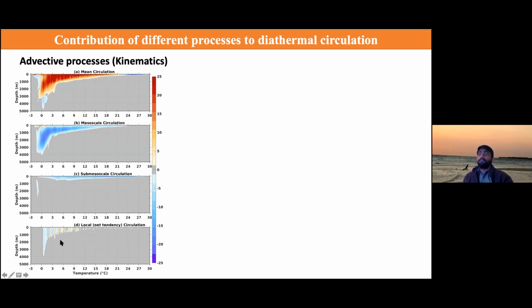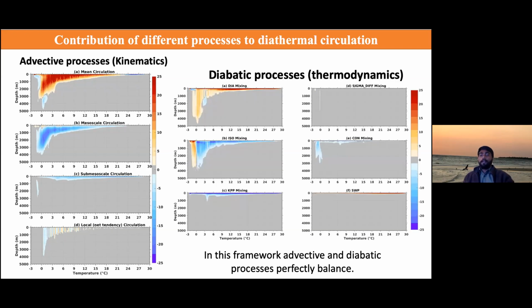Warm, I mean like 3 degrees centigrade. But in temperature between 1 and 2, there's a small, approximately 2 Sv, contribution to diathermal circulation, and it could be a model drift. And the right figure shows the thermodynamic contribution to diathermal circulation, and we can see here the diapycnal mixing and ISO has the largest contribution, where the diapycnal mixing transports heat or water